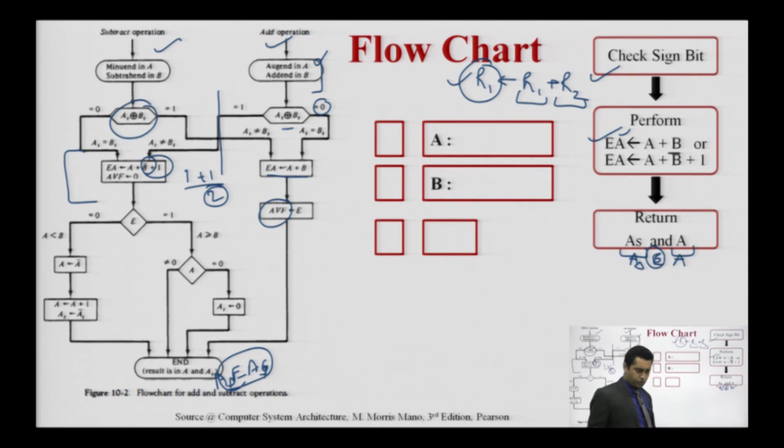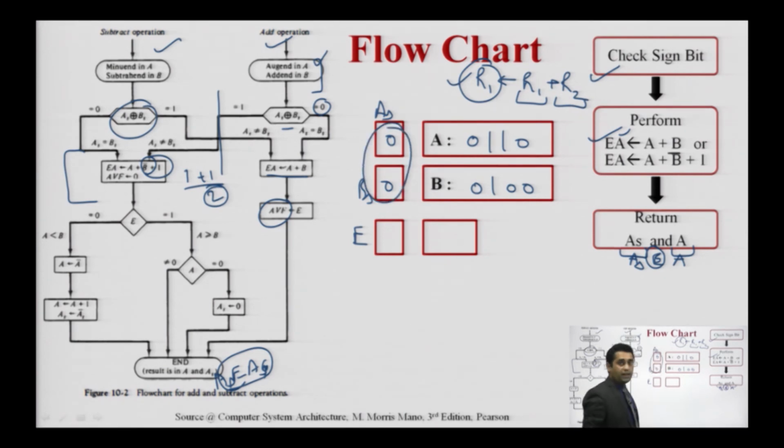If I am taking an example which I have discussed earlier, this is the value. These are my signs. These are 0 0. This is AS, and this is BS. This is my E, right now it is empty, and when I am going to perform this operation, the first thing is to check the sign bits. So here the value is 0 0. It means we are doing this part, and this is an addition operation. So add the numbers and the answer is,